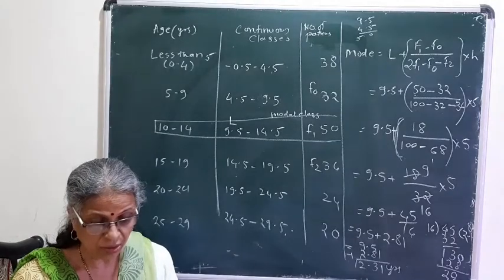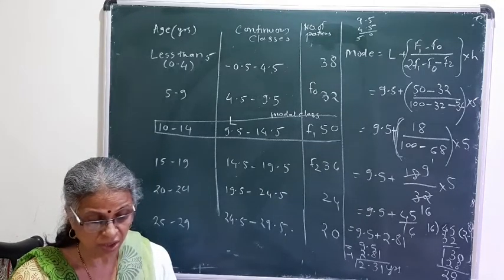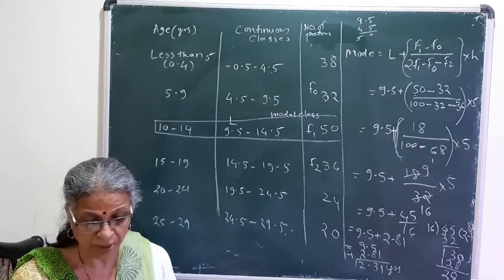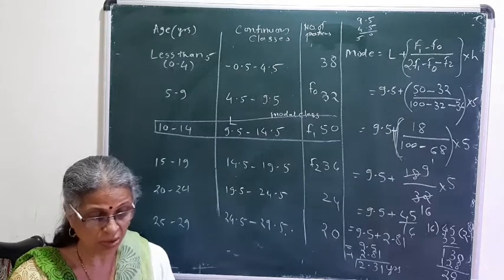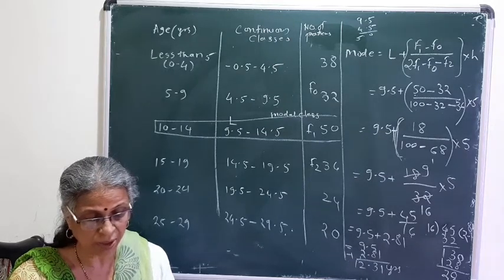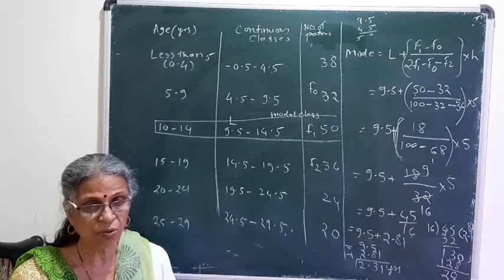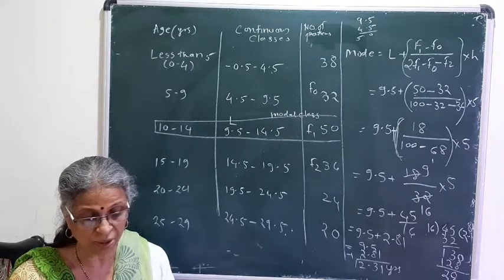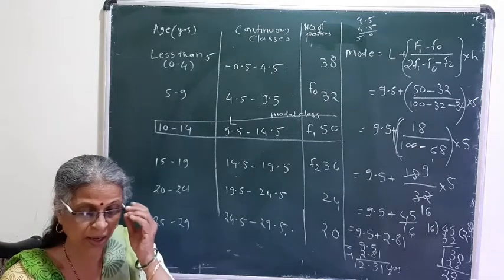So there are three types of presentation of the given data. One is tabular form, pictorial presentation, and graphical method. In tabulation we have seen how to make the ungrouped frequency table and grouped frequency table. Grouped frequency table means they will give you the classes and then we will have the table. In pictorial representation we can have the bar diagram, pie diagram.